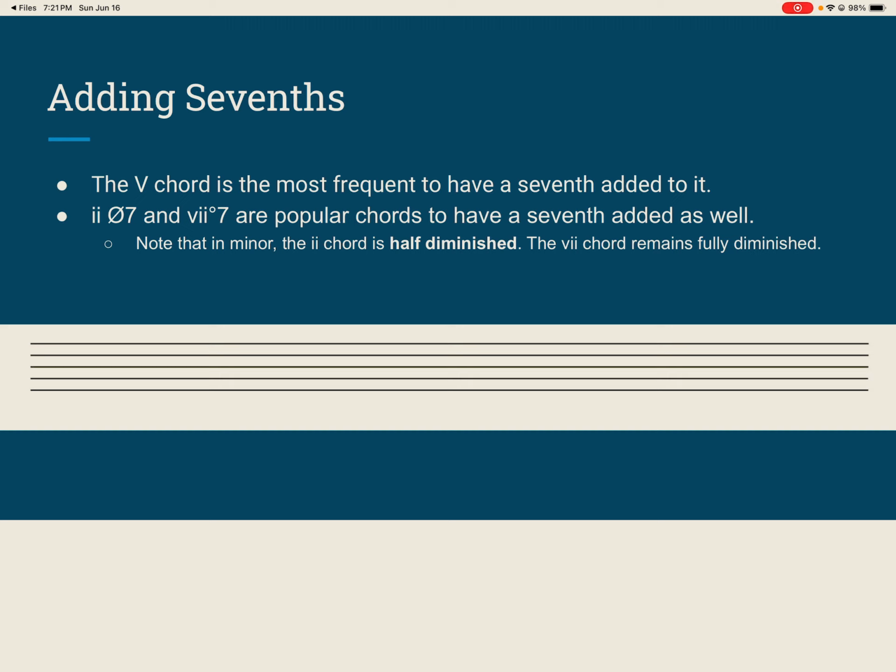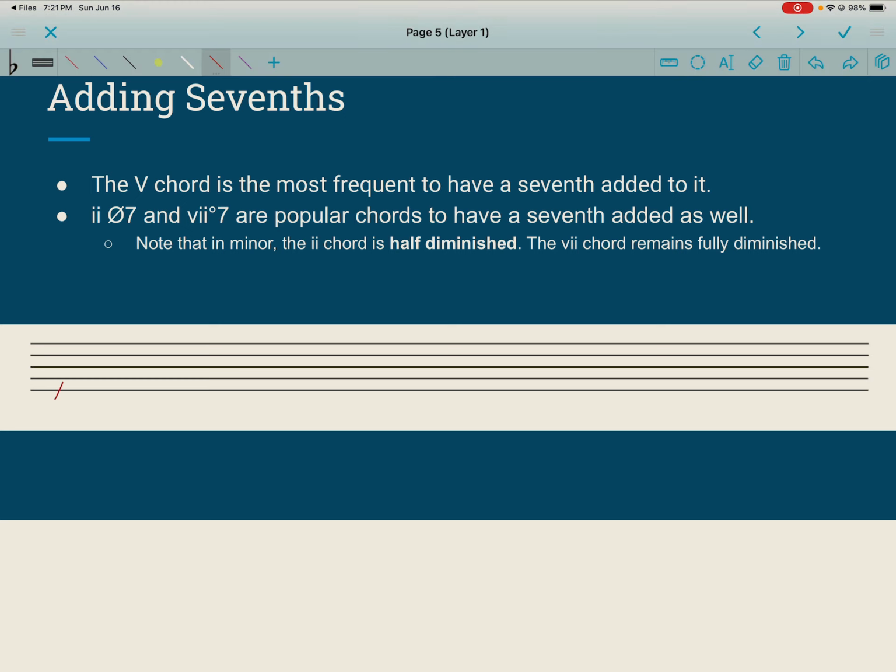So the chords that are the most common in any major or minor key that will have 7ths added above the root are the 5 chord, the 2 chord, and the 7 chord. I wrote those before, and we kind of explained them before, but if I were to write it out, with B flat, E flat, A flat, I have C, E, G, D, F, A, C, right? We knew that. That is my 2 half diminished 7, because if we look, we have a D, F, A